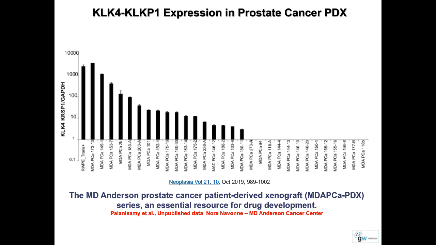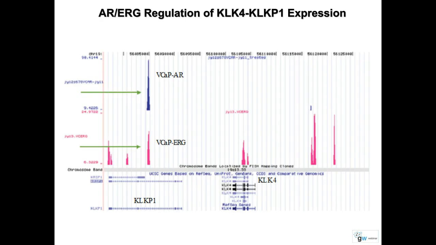Then, since this is a prostate cancer specific pseudogene, we asked whether this fusion gene is regulated by androgen, like several other fusion genes. And in fact, we found that there is a strong androgen receptor binding site and the ERK binding site at the fusion junction before exon 4 of this KLKP1, and there is another strong ERK binding site in KLK4 as well. So this confirms that indeed this fusion gene is regulated by androgen.